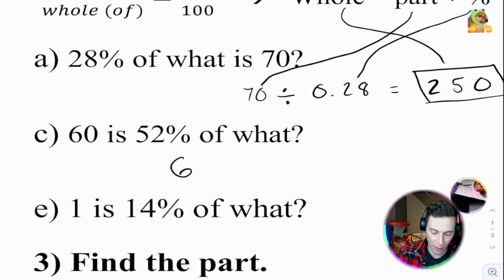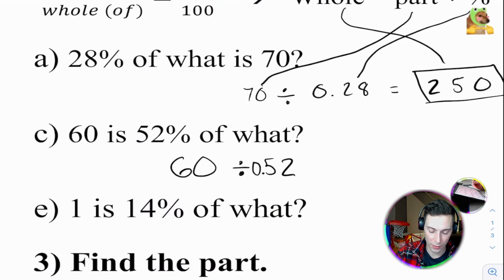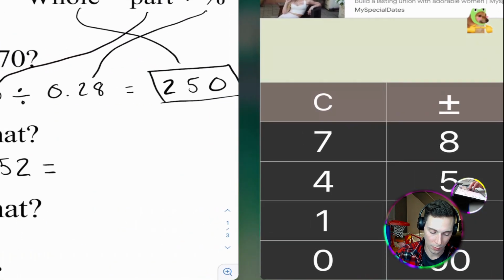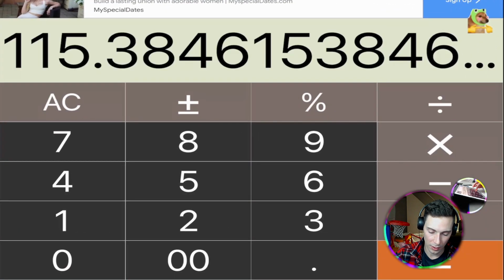60 is our part. We're going to divide our part by our percent in decimal form, 0.52, and that'll give us our whole. 60 divided by 0.52 equals